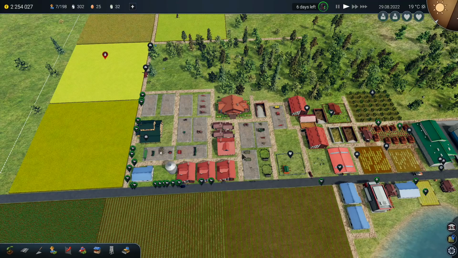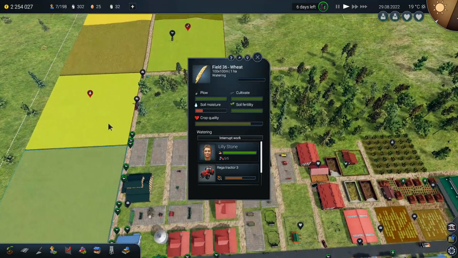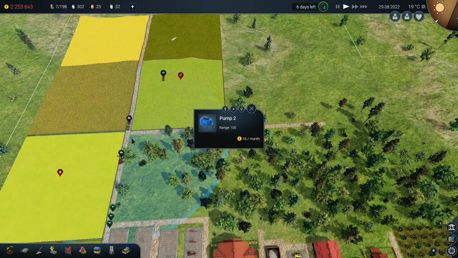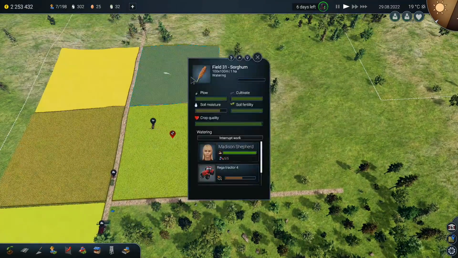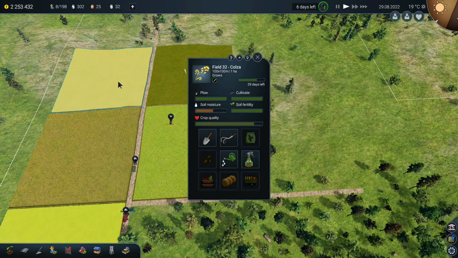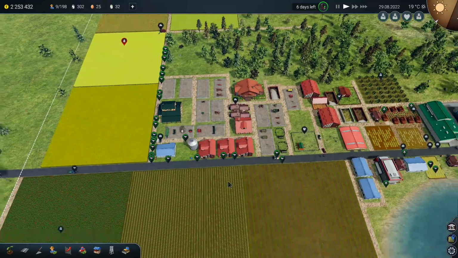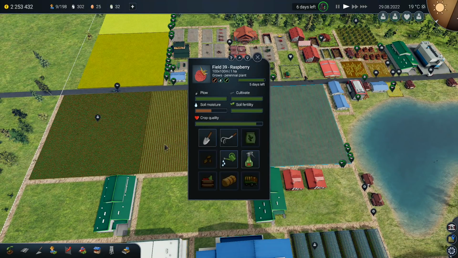You go onto there. Right, so I've got that one there being watered. That one is being watered by temporary staff who are using that water pump there to do it. This one is being watered by an irrigator. The colza field up there is going to need something soon, but we don't need to worry about it too much. And then we got soil...